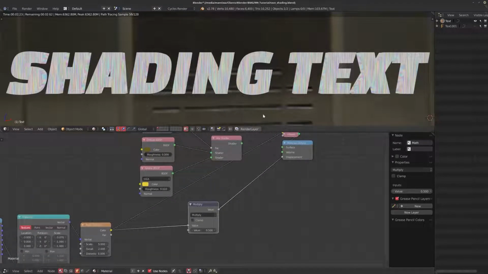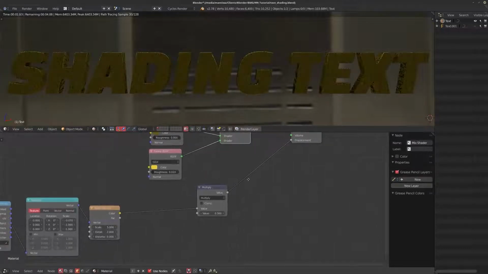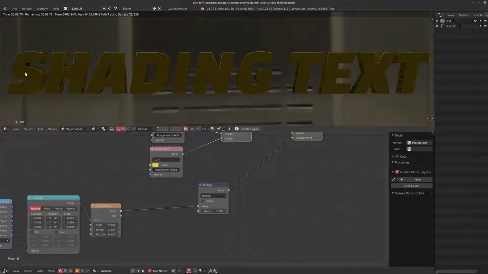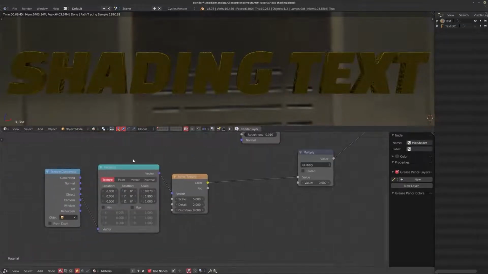Now, I'm not using micro displacement, I'm just using regular bump displacement, so I'm not going to change anything in the settings. And as you might see, you start getting these really interesting lines. Now the side is bugging me after all, so I am going to change it. Now I'll have a look at how we can sort this out.